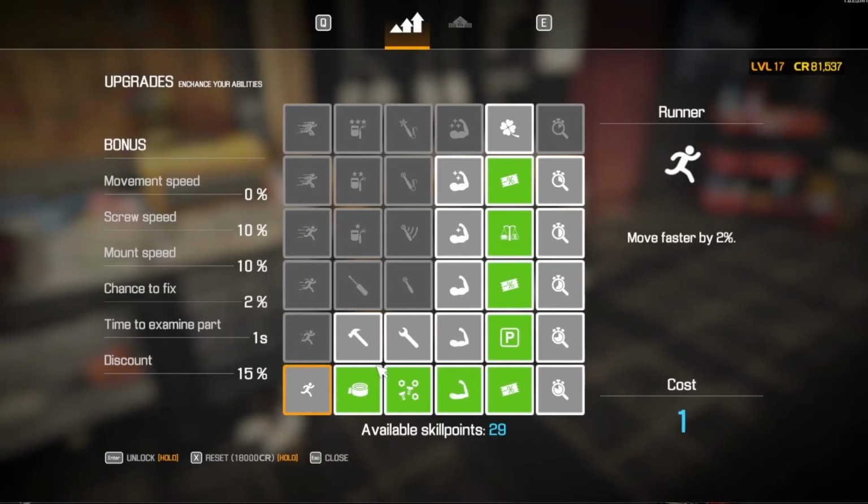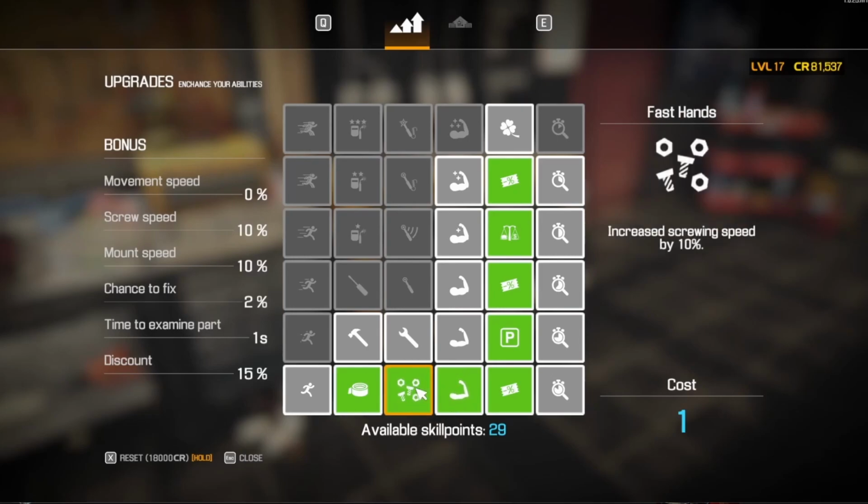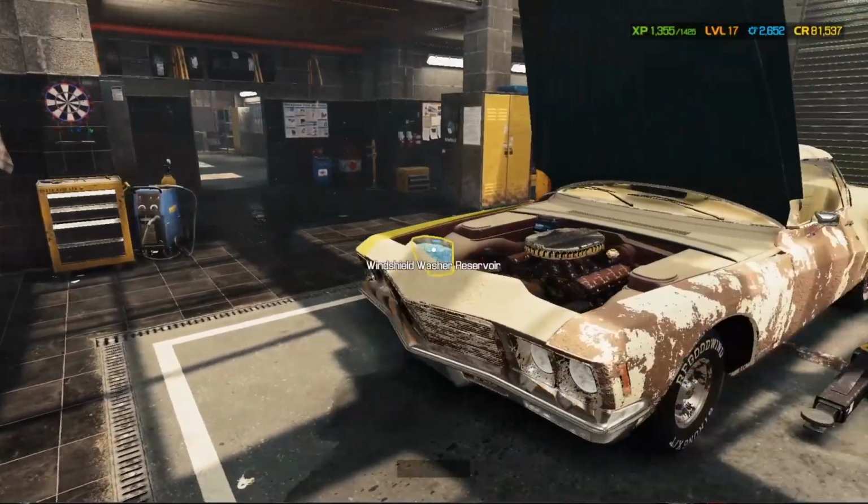I didn't do anything else in here other than last time we did by the renovator, so we can do group 1 parts. Not really a whole lot in that, but there are a few things that help. And because I was dealing with some long bolts, I decided to go with the unscrewing speed and the mounting speed. It didn't really help or hurt anything, but,